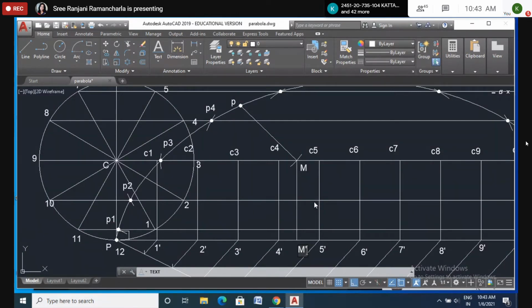Yes, ma'am. And one thing I want to tell you: if you take this as a center and use 2.5 as the radius, you can cut here and this side also. Is it clear? But when you are cutting, you should know whether it is this side or this side. If you cut here and draw the line, you will get a tangent, whereas if you cut here and draw the line, you won't get a tangent.